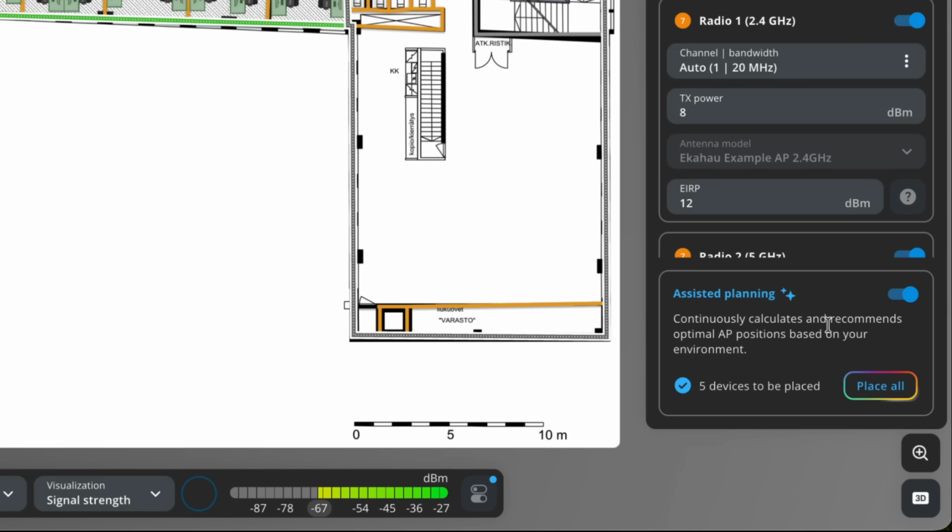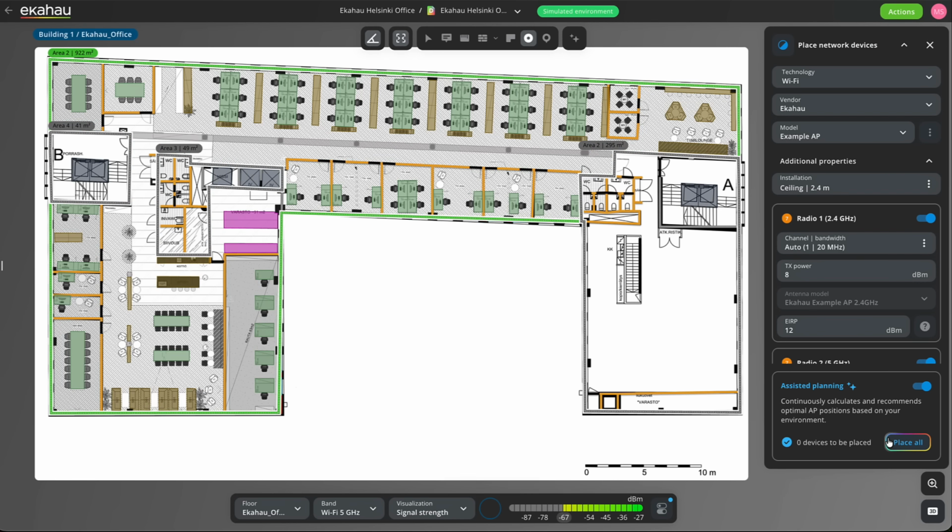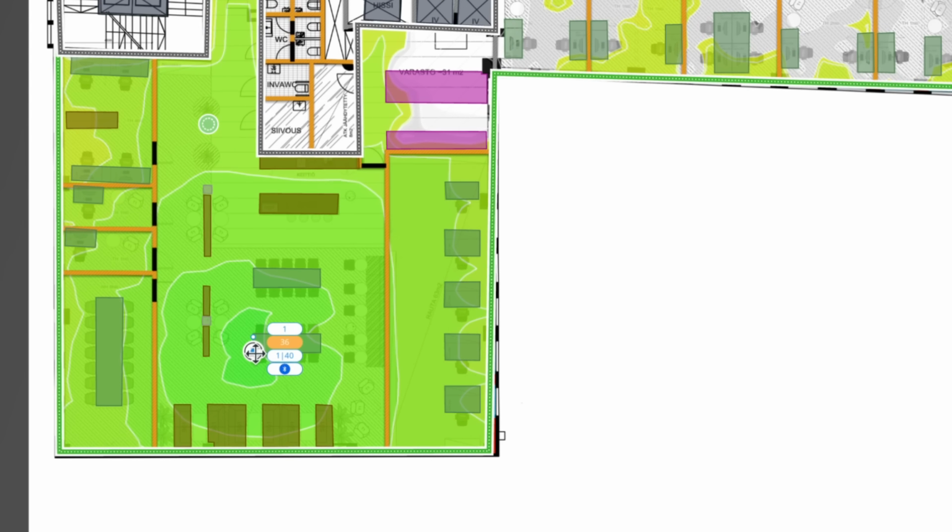Now you're ready to pinpoint your ideal access point locations based on your floor plan and selected AP models. You can either manually place APs or leverage Ekahau's powerful algorithms to determine ideal locations automatically. Our software intelligently analyzes your environment, accounting for walls, distances, and coverage requirements to recommend precise AP placements that maximize